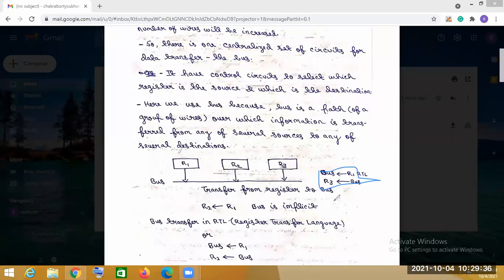So today there is not so much time, but in the next class we will see the traditional bus system, what the bus architecture is, how the processor is connected to the cache using the bus, and then how the main memory is connected. So the total traditional bus system we will see in the next class.